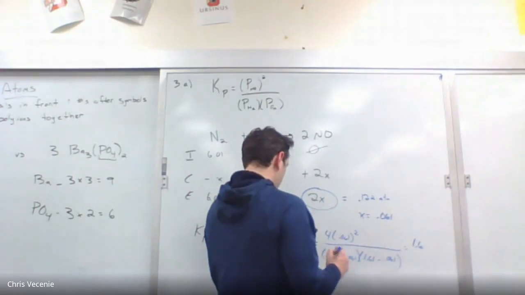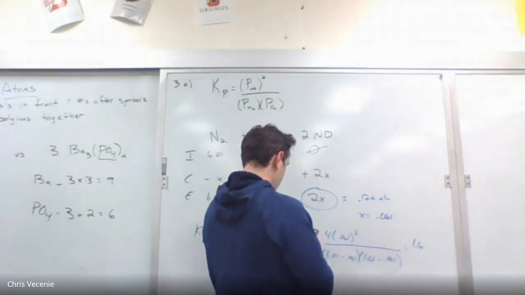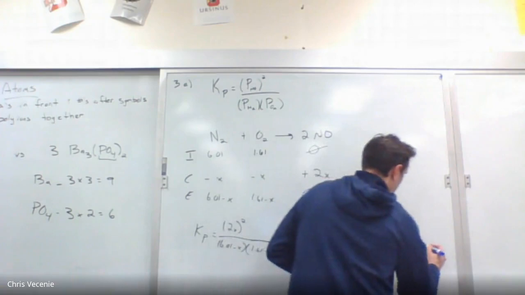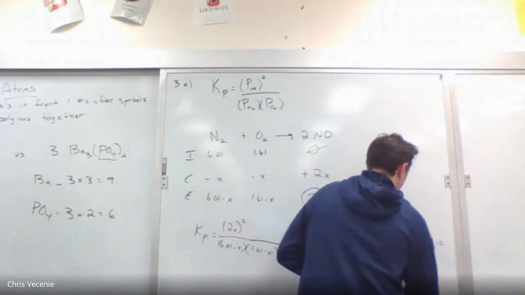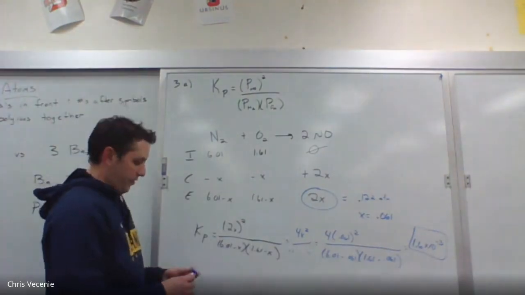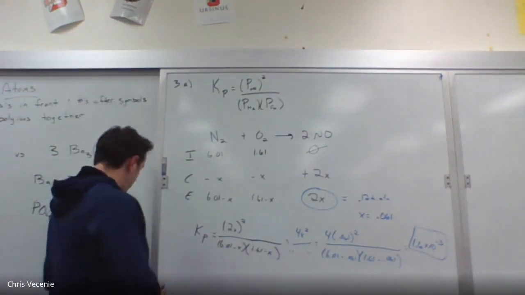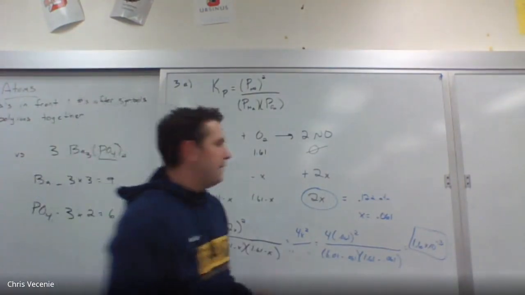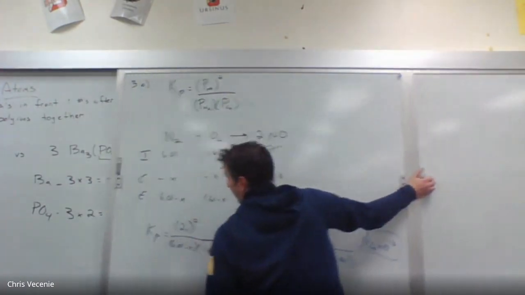And if you do that, you're getting a value of 1.6 times 10 to the negative 3rd. So pretty standard presentation of that. All right, then the second one on that page,